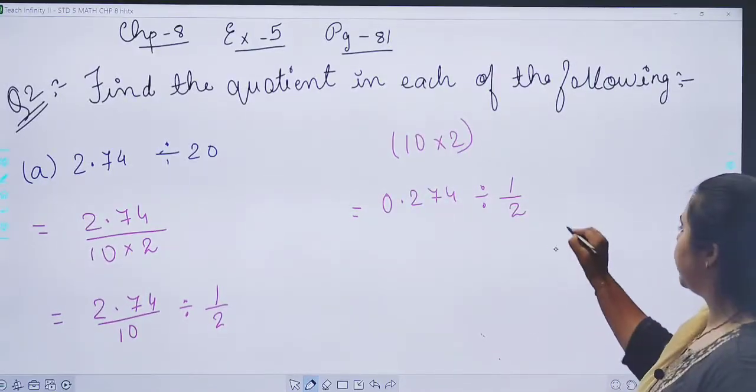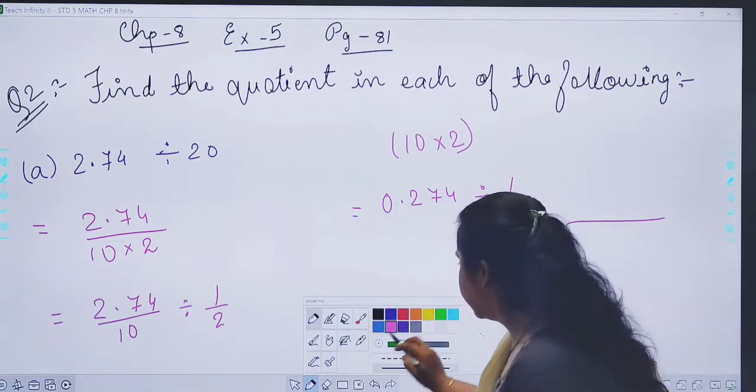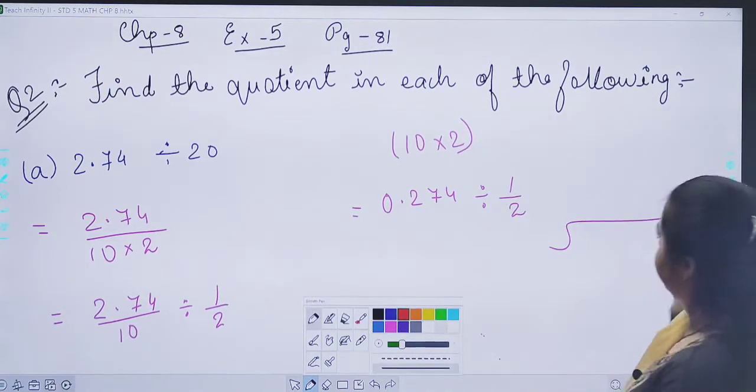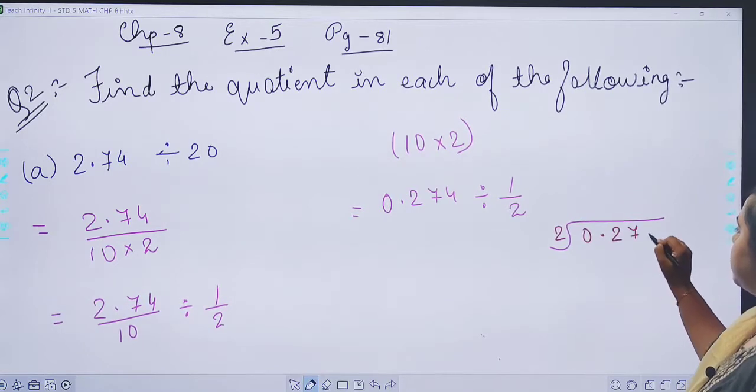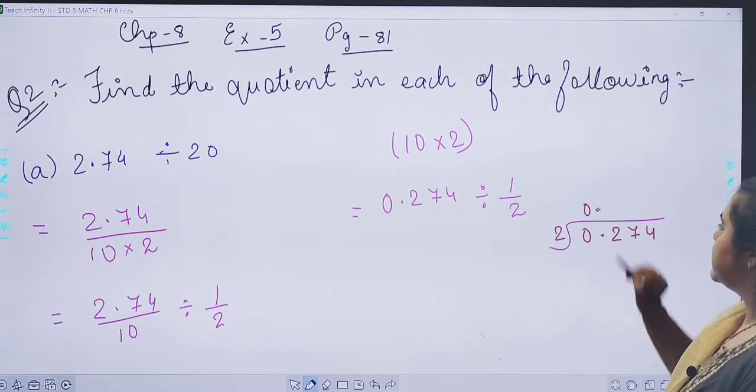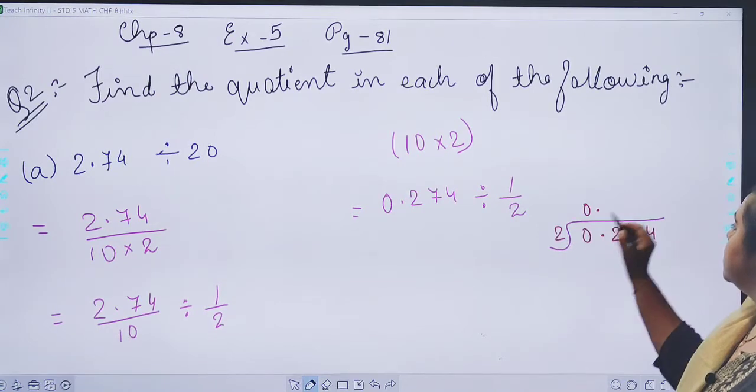Now simple, we will be dividing by 2 with this number. Done. How to divide? Wait, let me use another color. Okay. 0.274. The 0 point decimal will remain as it is. 2, 1,